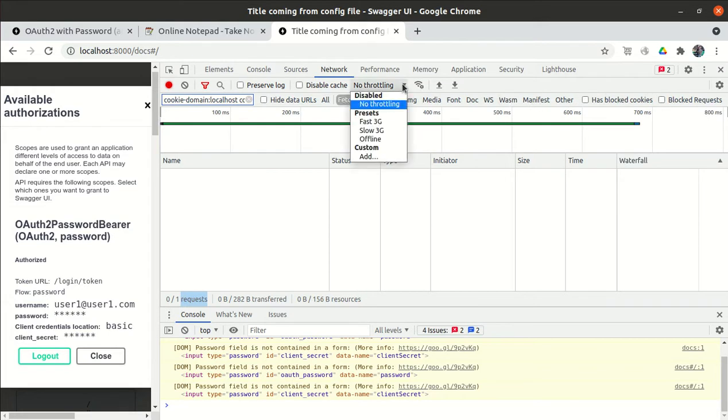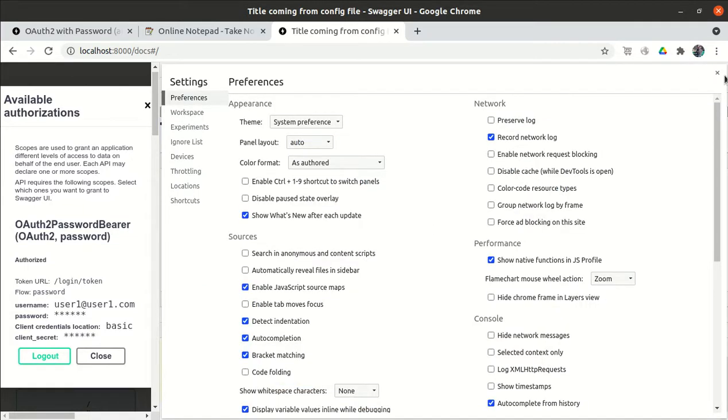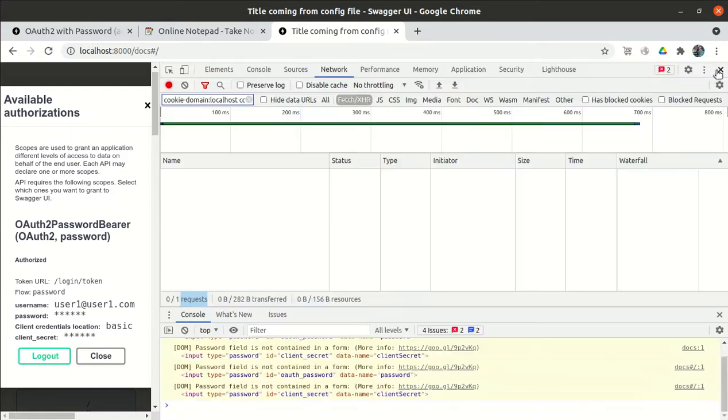Do I need to change some settings? Not sure.